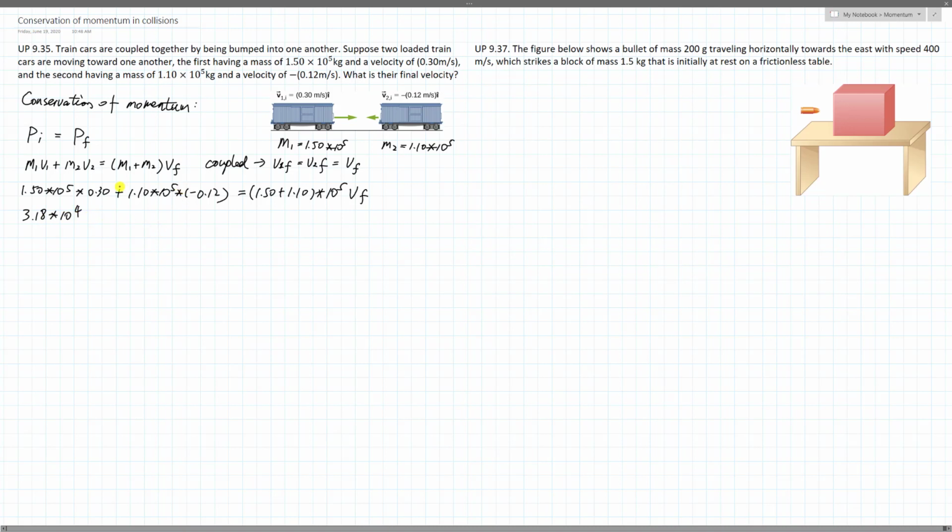This is a momentum unit, so the unit is Newton second, if you still remember from previous videos. And the right side is 2.6, this is easier, 2.6 times 10 to the fifth power times v final. Alright, so now v final is equal to 3.18 times 10 to the fourth power